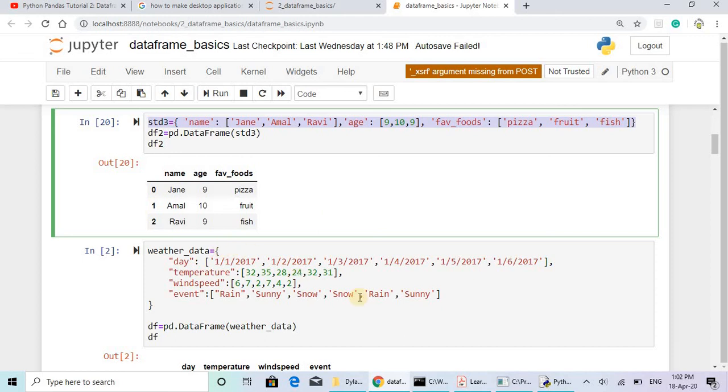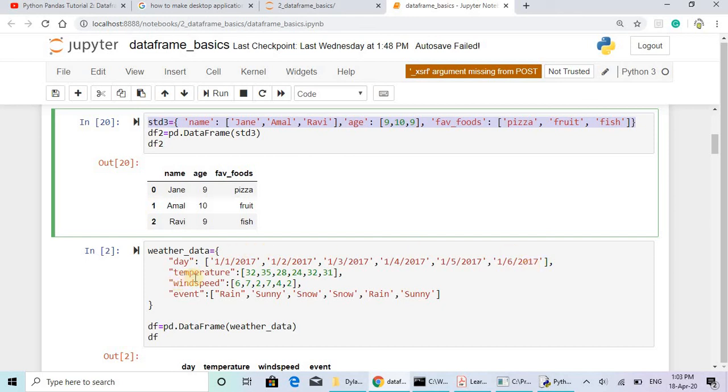I can show you one more example here. This is the weather data. In this weather data we have given the first index as day and a list of days, 1/1/2017 to 1/2/2017, like that. These dates are given here.